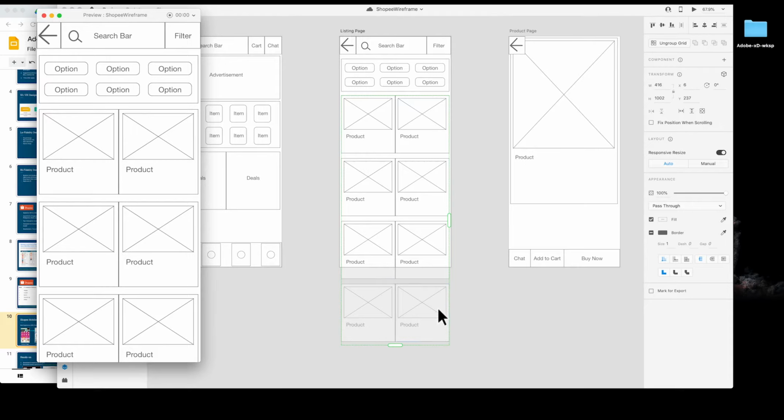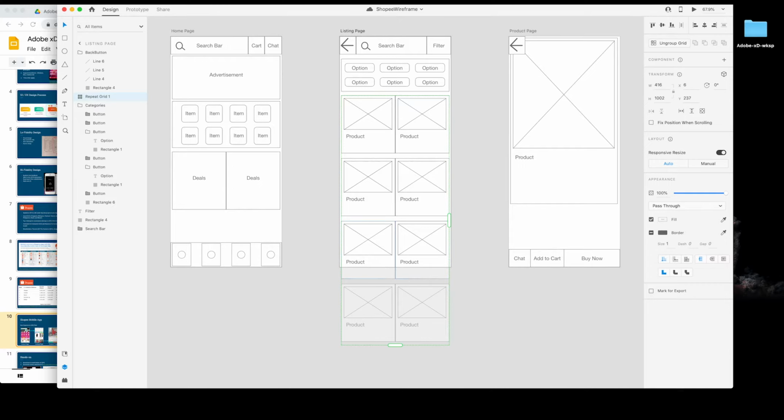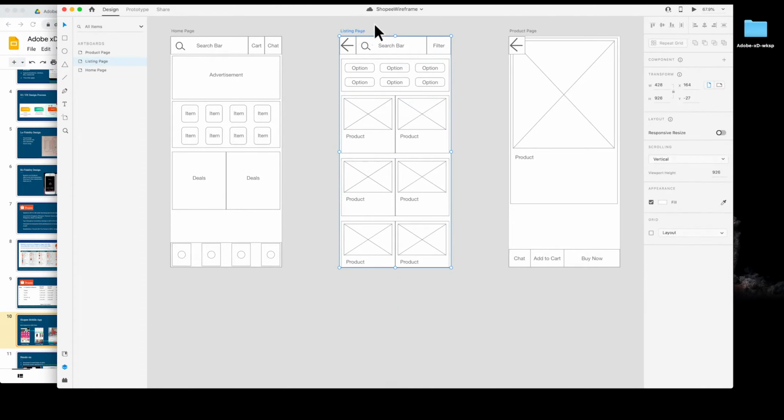You can't see the last row, the fourth row of items below. So how do you make the last row viewable using the scrolling option? That is again very simple. We just need to extend the size of the listing page over here. So let's select the listing page, put our mouse cursor below, and drag the listing page to fill up the rest of the items that are not viewable below the